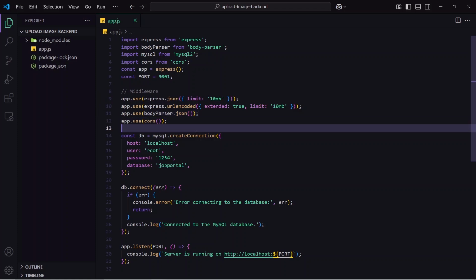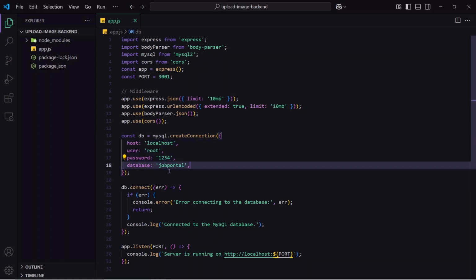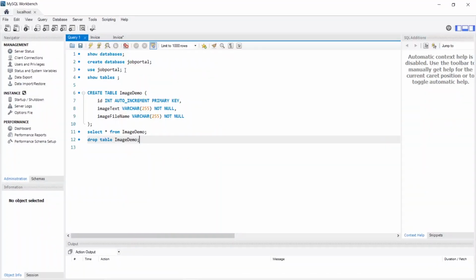Now, before using multer, we have to create a table in our MySQL database. Here you can see, this is my DB which is doing the connection, and here I have given my details, and my database name is job portal. I am using the MySQL Workbench. So I will go here, and you can see I have used this job portal,